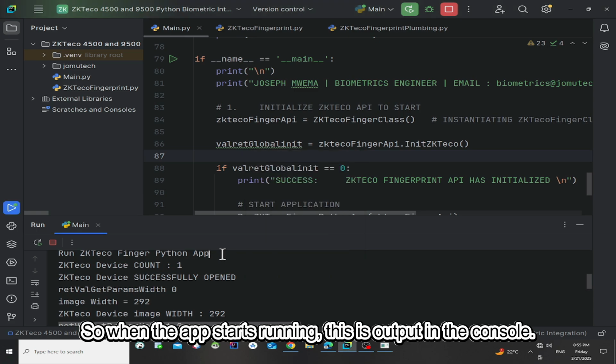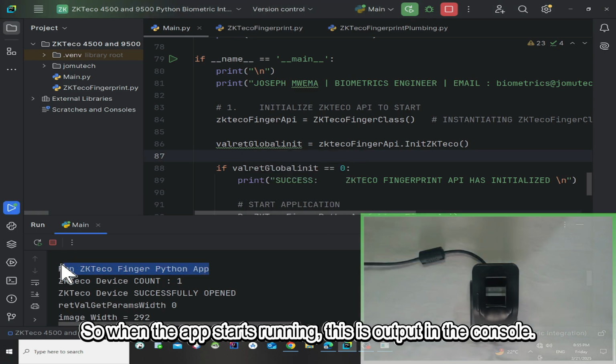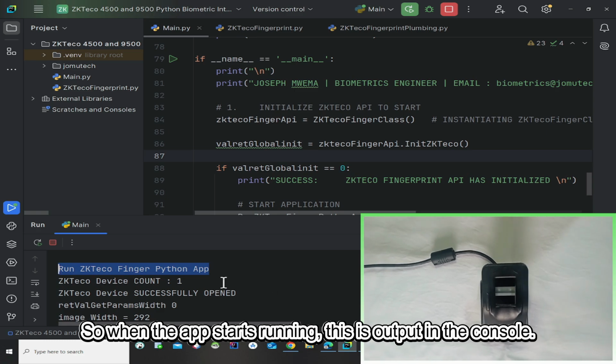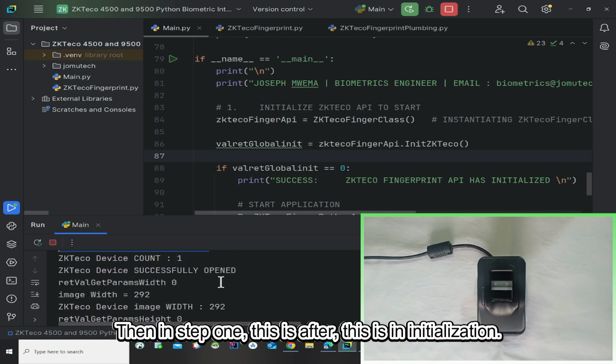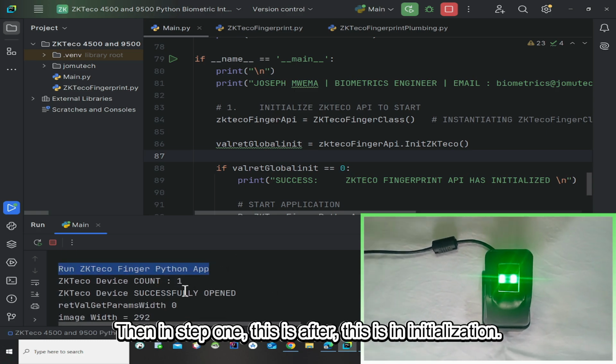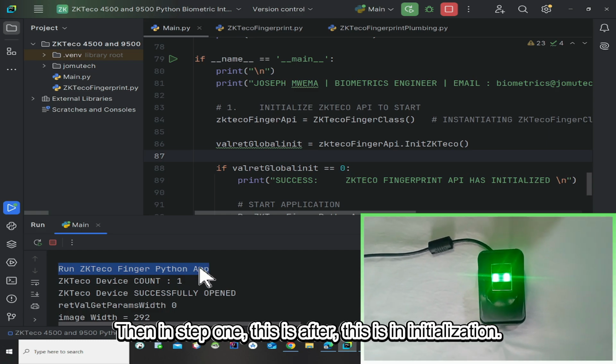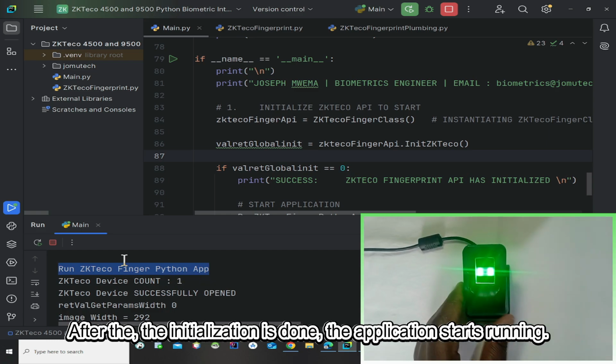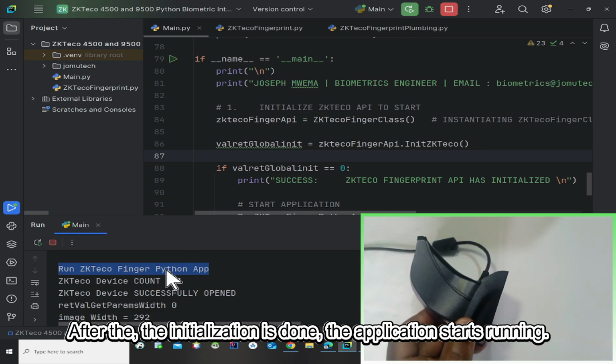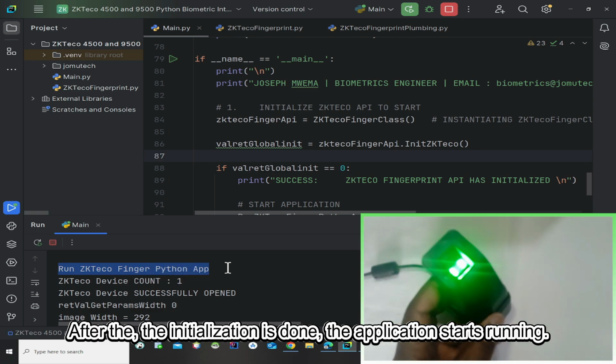So when the app starts running, this is output in the console. Then in step 1, this is initialization. After the initialization is done, the application starts running.